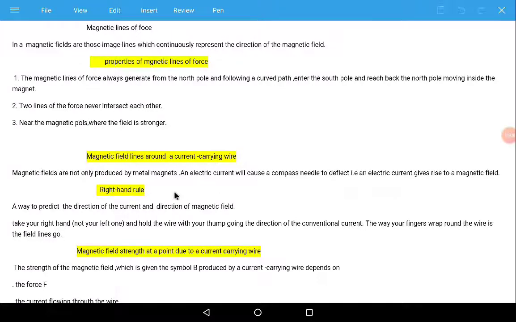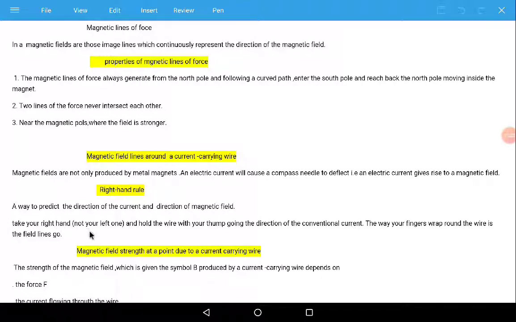The right hand rule determines the direction of the magnetic field and the direction of the conventional current. Now, a way to predict the direction of the current and the direction of the magnetic field: take your right hand,